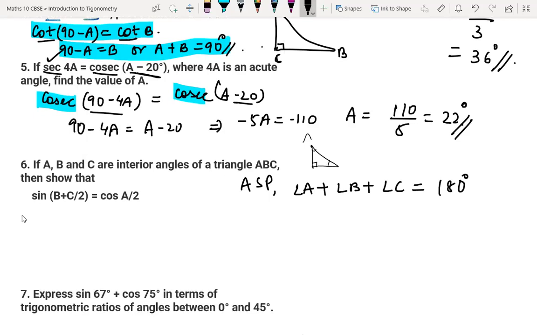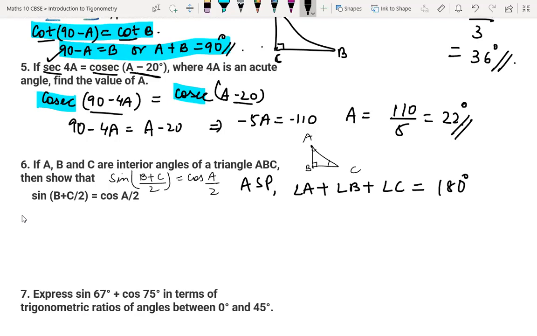That you know already, right? So the next question they're asking: you have to show that sine of (B plus C) divided by 2 is equal to cos A by 2. It is not only C by 2; the question is sine of (B plus C) whole divided by 2. Don't write only B plus C by 2. Children, everywhere you can see the 2, in B plus C by 2 and also in A by 2.